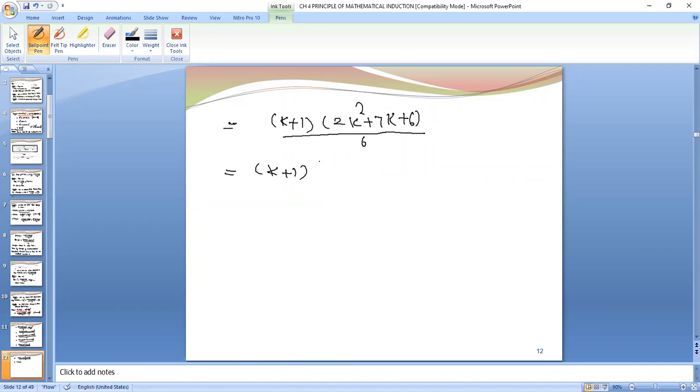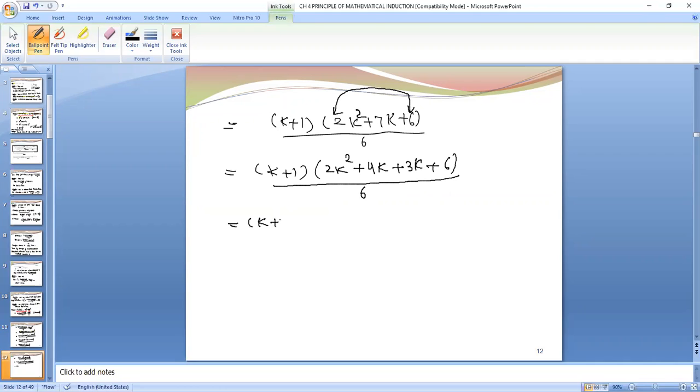Now, what factors can here be? 2k square plus 7k plus 6. What factors I can make? 4 and 3. Yes, very good. So it will be 2k square plus 4k plus 3k plus 6. 4 plus 3 is 7, and 4 threes are 12. 6 into 2 is 12. What the factors are, their multiplication will be the multiplication of first and the last term. 6 twos are 12, 4 threes are 12, right? So this way we are making the factors upon 6.